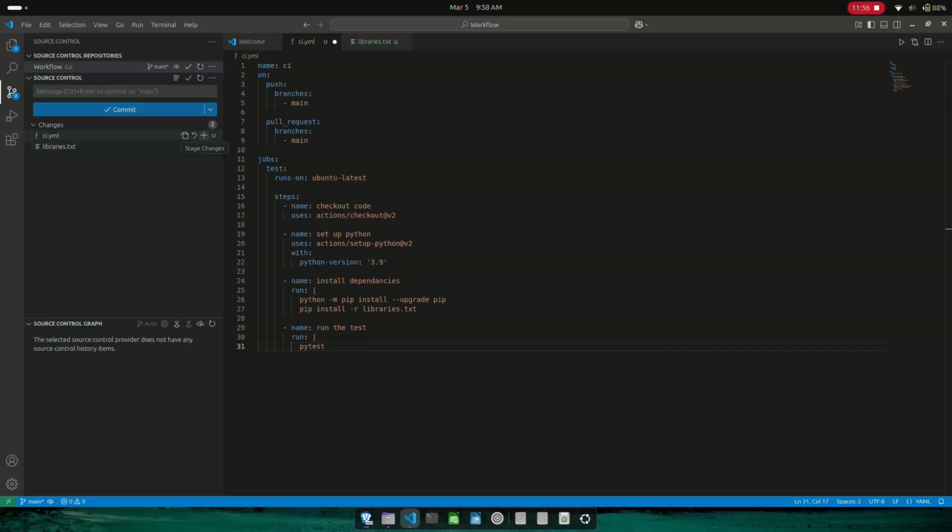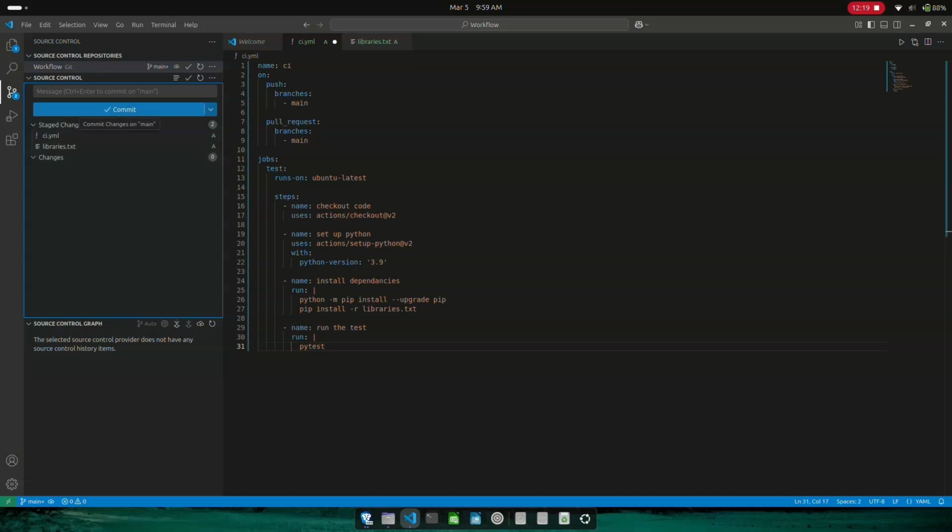Okay, and you can go here to the right of the YML file and click on plus, just stage changes, then again stage all changes.